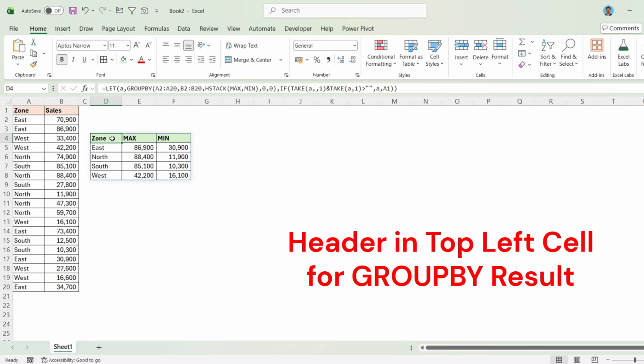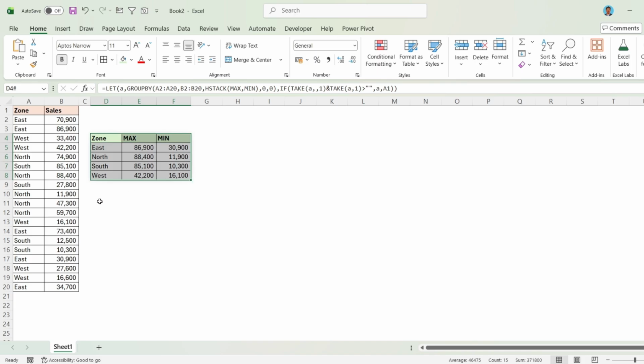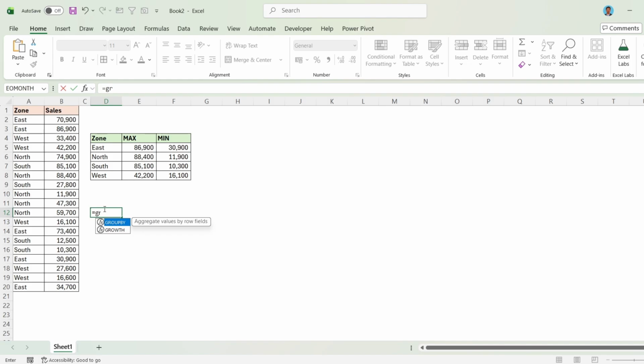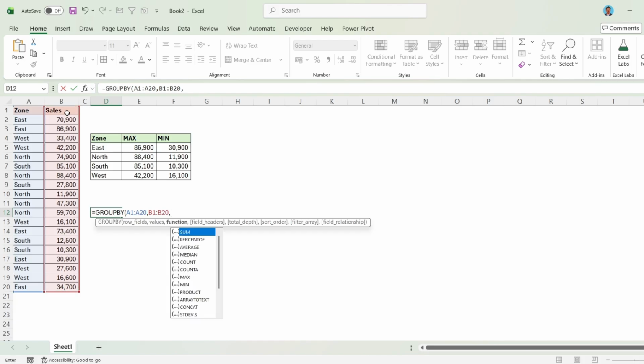In this video, I will try to recreate this report using the GROUPBY function. Let me start with the GROUPBY function. In the row fields argument, I will refer to the zone column including the header. In the values argument, I will refer to the sales column including the header. In the function argument,